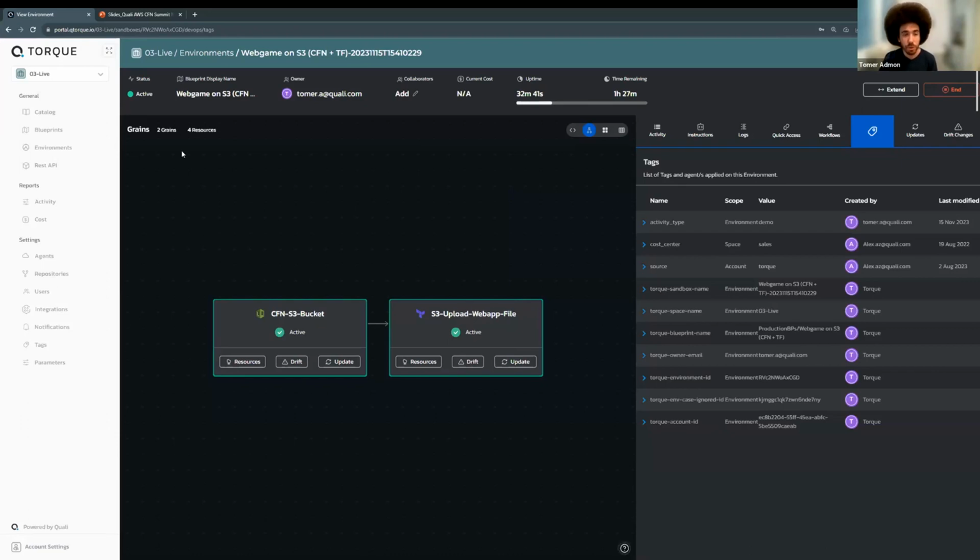So any of those 4 resources during the deployment process, without saying that or specifying that in the deployment itself, was tagged with my name, with the fact that I'm doing a demo here, with the fact that this is the space or the organizational unit that we are now operating under. That was the original configuration.